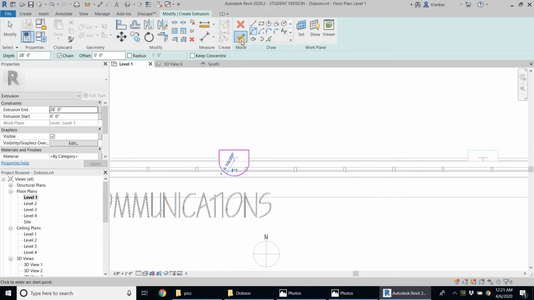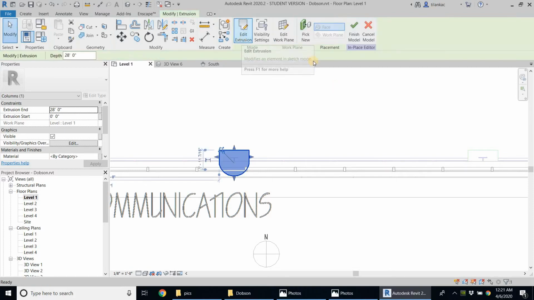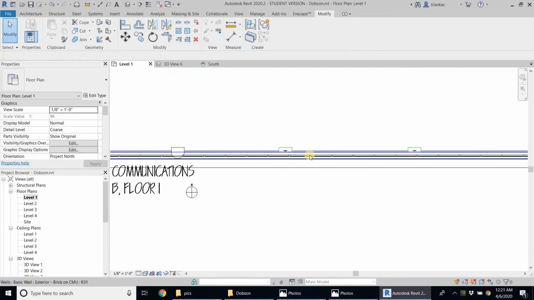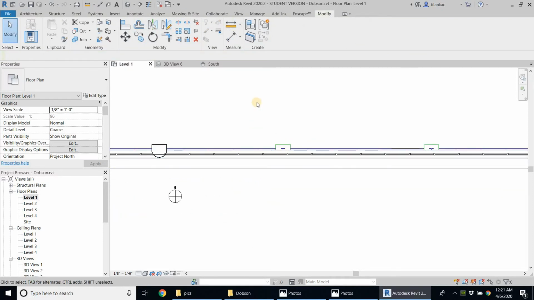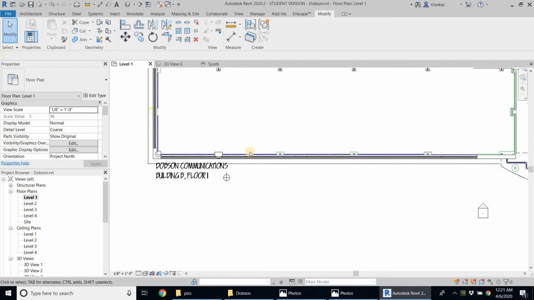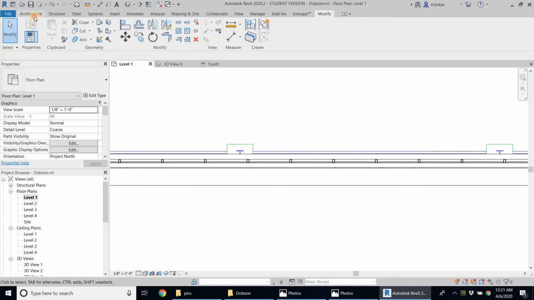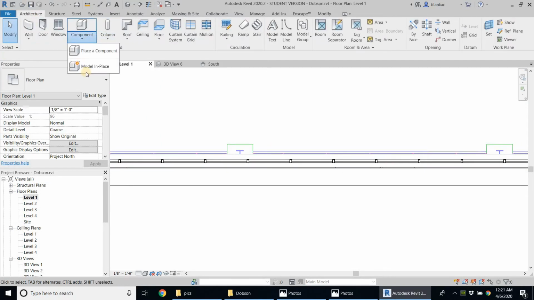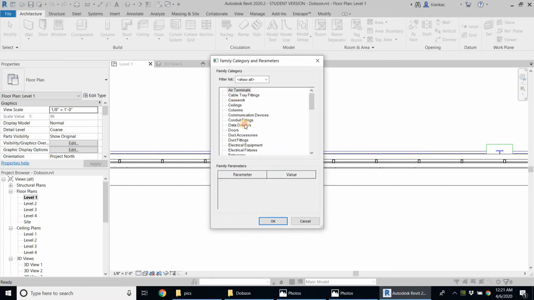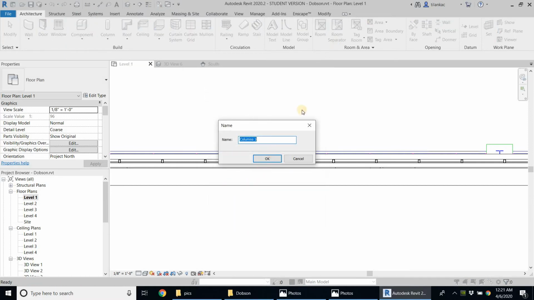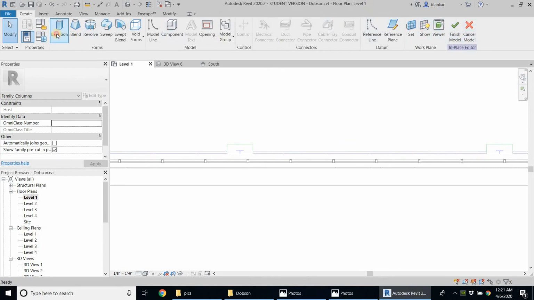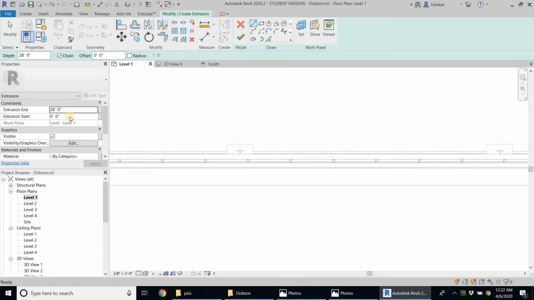I'm going to finish it, and I can finish the model. Now this one, it goes up to level... these three go all the way up to level 4. So let's do that. I'm going to go to components, model in place, column 3, and I can do an extrusion. Extrusion start is 0, extrusion end is going to be 42,